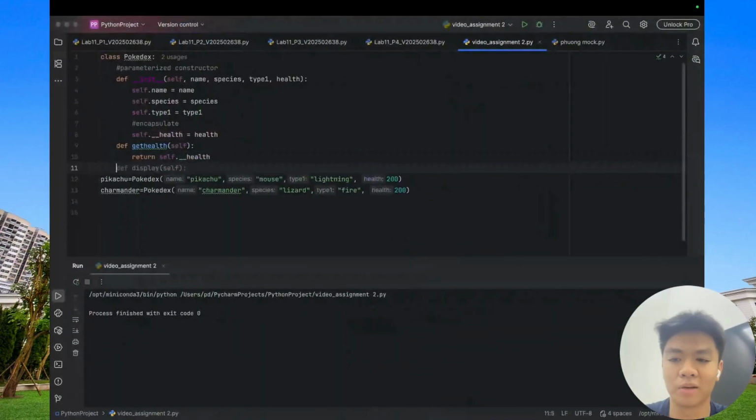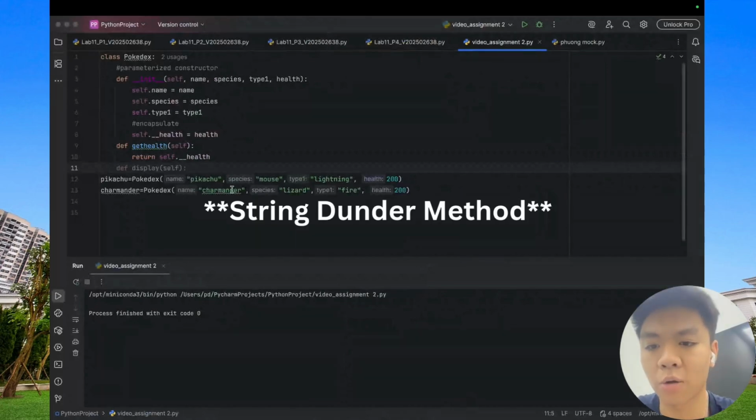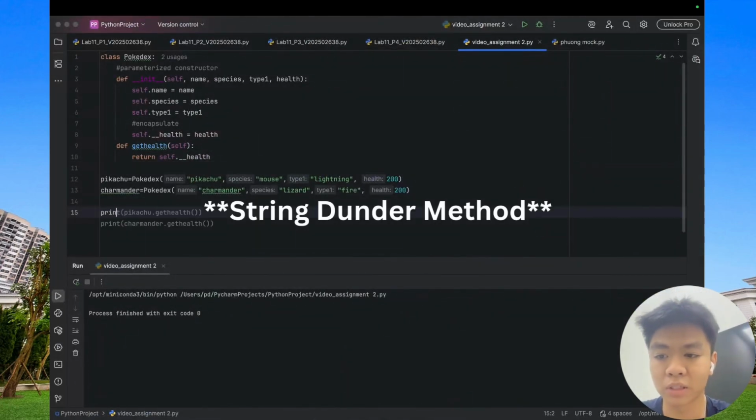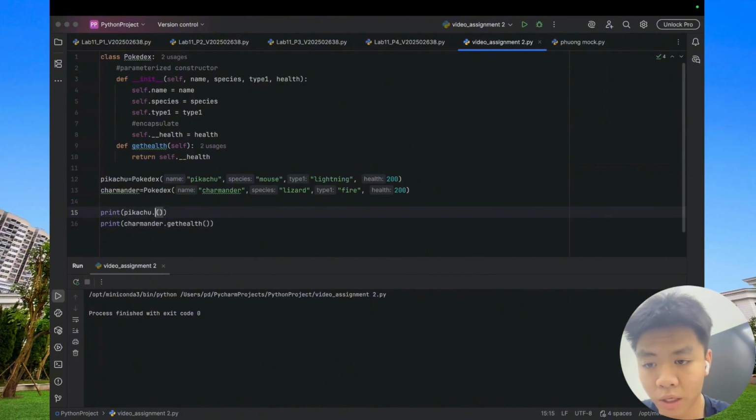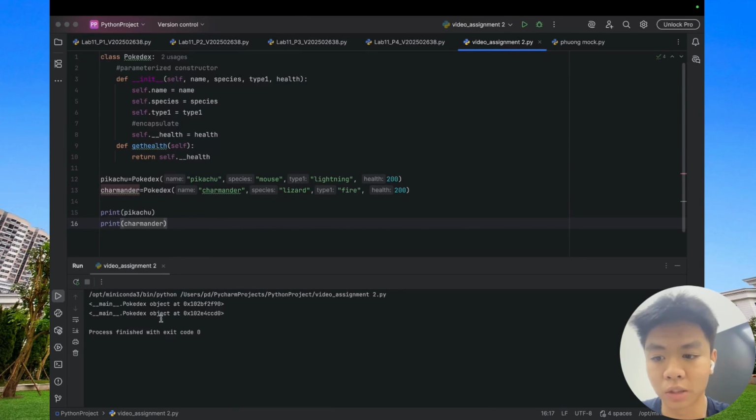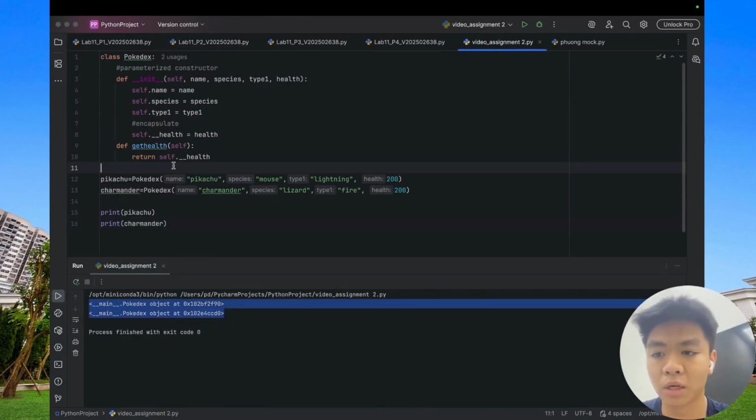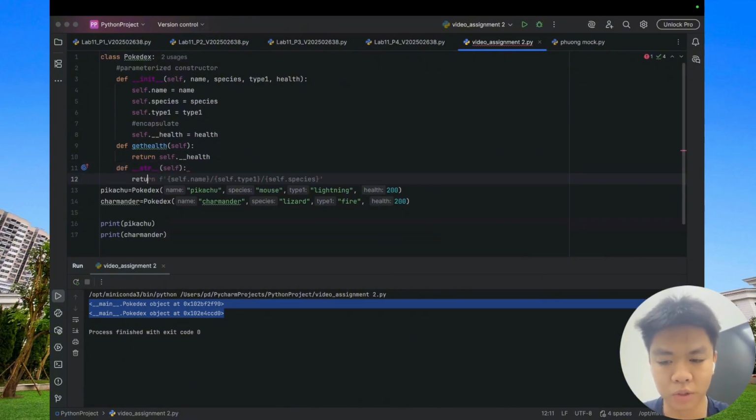Next up, I want to make a string function to output the data, because right now if we print Pikachu and Charmander, it would return the object location, the memory address of the objects. So I'd have to define dunder string because this is a special method. So I'd want to return an f string formatted. So I want the name, Pikachu, and then the species, Pokemon,